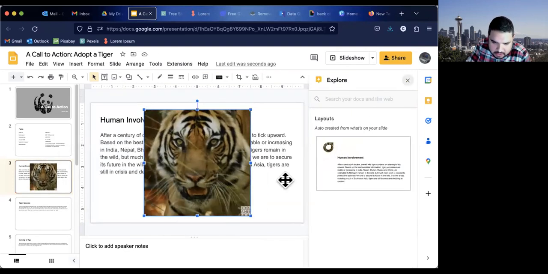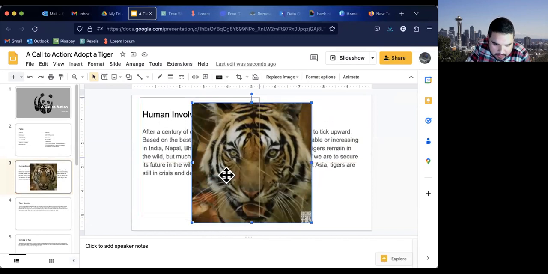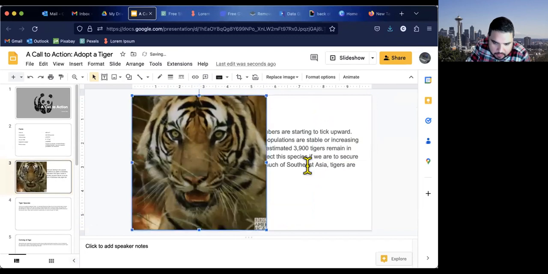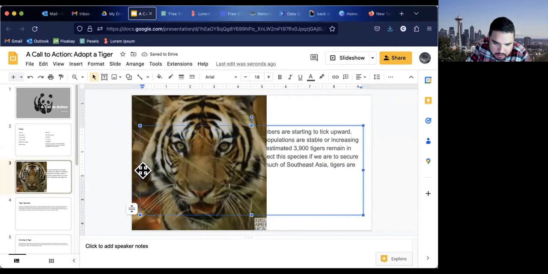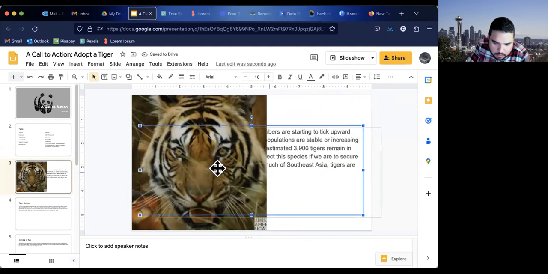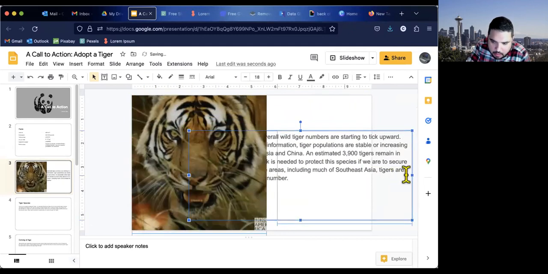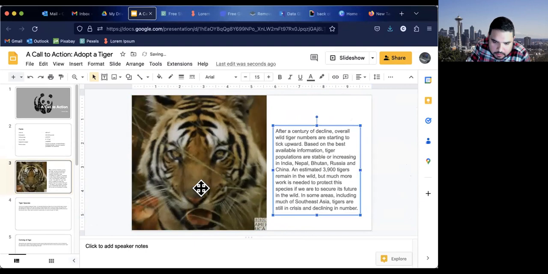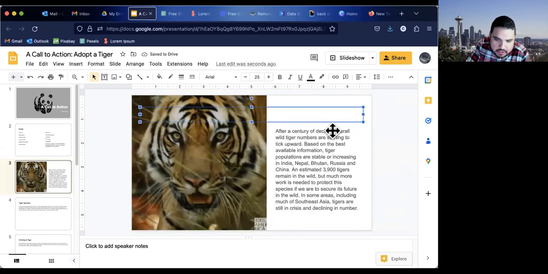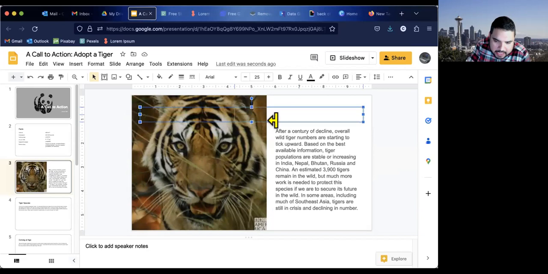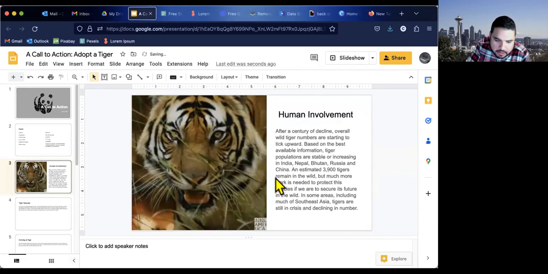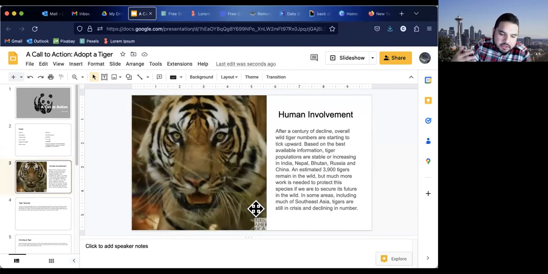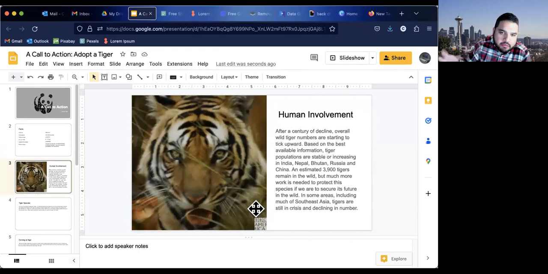So what I could do is just move things around, move this over, put this here, and then maybe move my text over a little bit. There we go. And of course I should shorten this text a little bit. And here is just one example of a GIF in action. If you're going to be presenting and you're staying on this slide for a long time, it could be a little distracting. So I only choose GIFs where it's a brief topic.